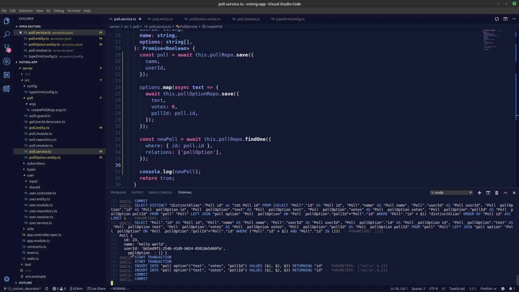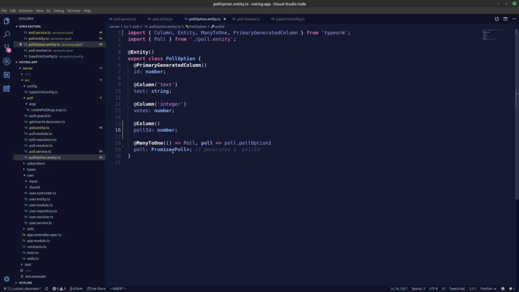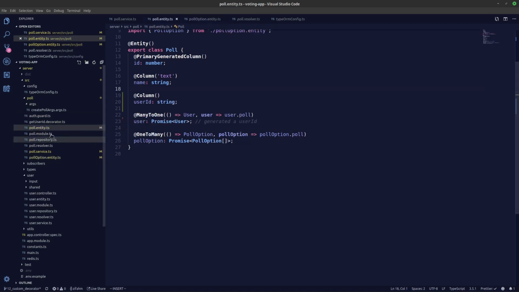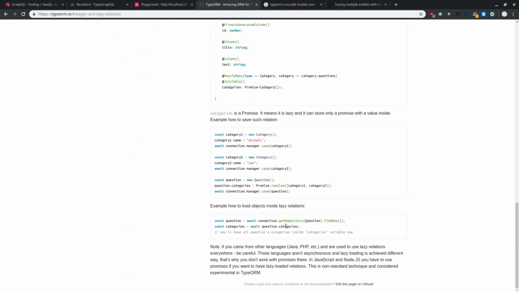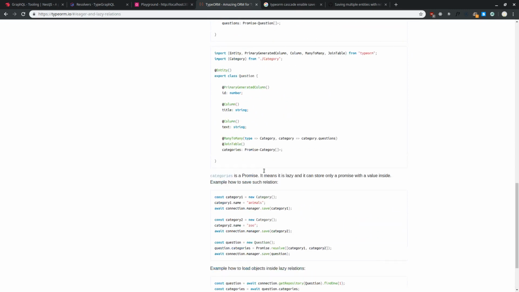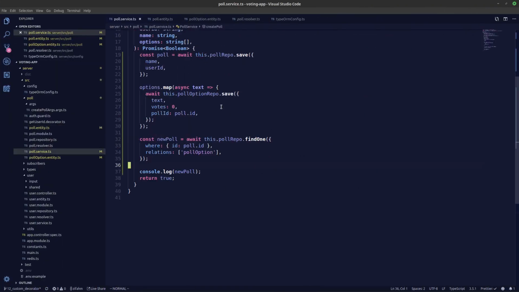So why we are not seeing the poll option is because this is a lazy relation, because we have set a promise here in our poll entity, and a promise here in our poll option entity. So if you take a look at what a lazy relation is, if you want to get the values of categories over here, we need to await it and access the categories, then only we'll get the values of categories. That's why it's a lazy relation. So somehow I have gotten around this by making this into an insert. So what I did was I just changed this to an insert,